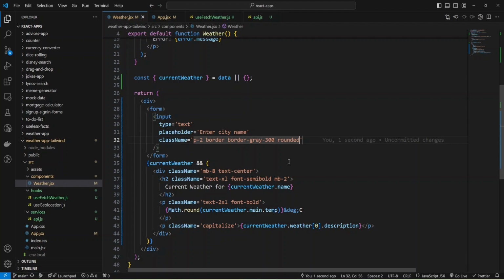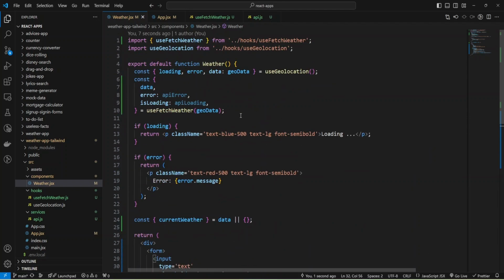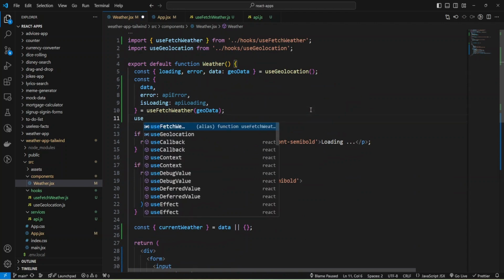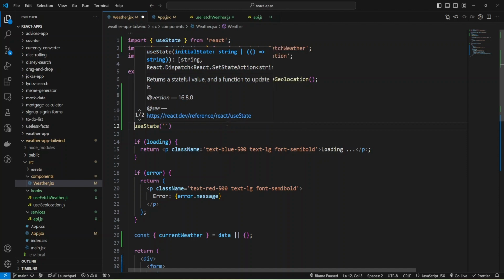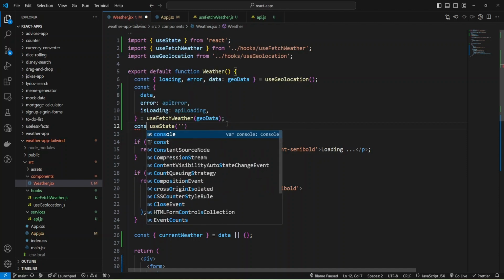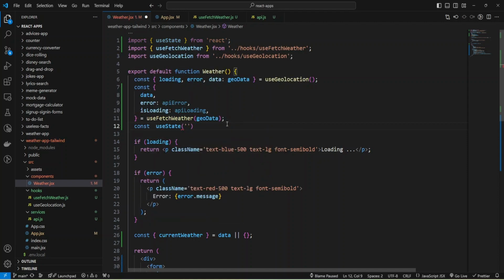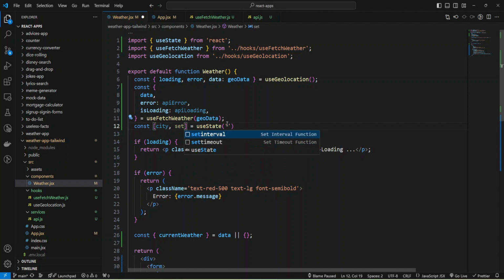Okay, and now we need to provide some value, and for that I need to add useState. And I'm going to use the state hook. The import was added, and the initial value will be an empty string. And now I'll add const, and useState returns an array of value and function, and I'll use the name city, and the function will be setCity.